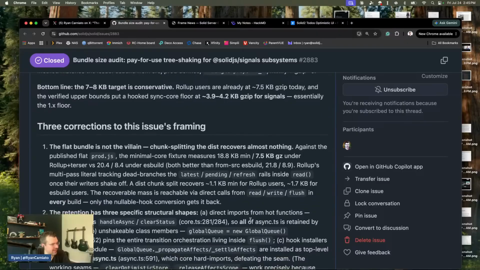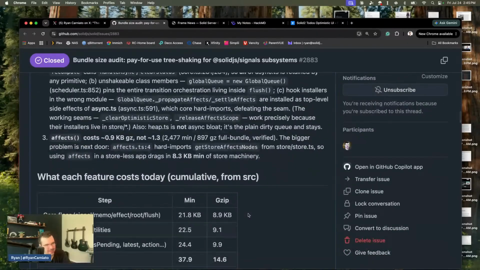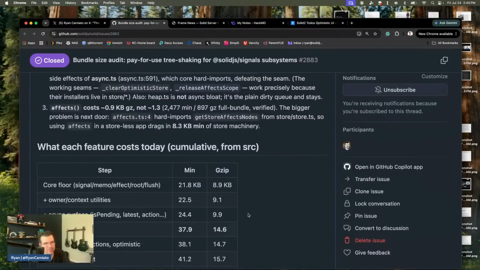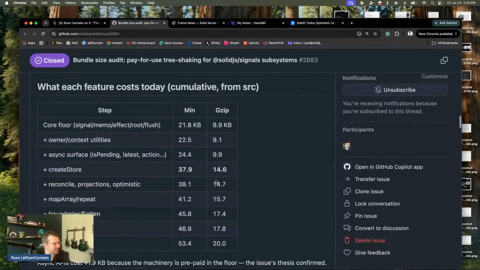And it came back very confident that it could get back to the 4 kilobytes, but it wanted to gate async. If you wanted to use async, you'd have to enable async or something, like make APIs and stuff. But it did a really good job of breaking down the actual cost of stuff. Core floor 8.9, signals, memos, root, flush. Utilities 9.1, async surface 9.9 gzipped, create store 14.6, reconcile projections optimistic 14.7, map array repeat 15.7,